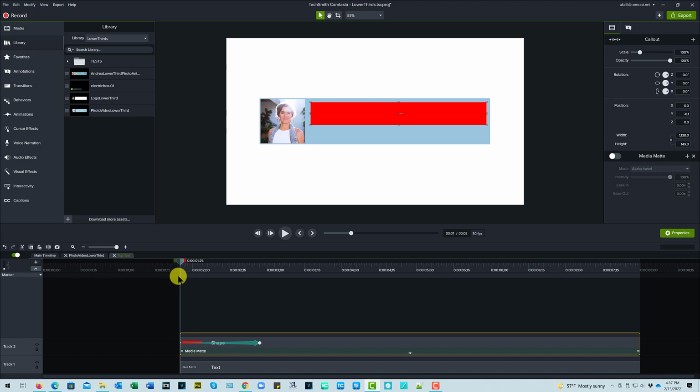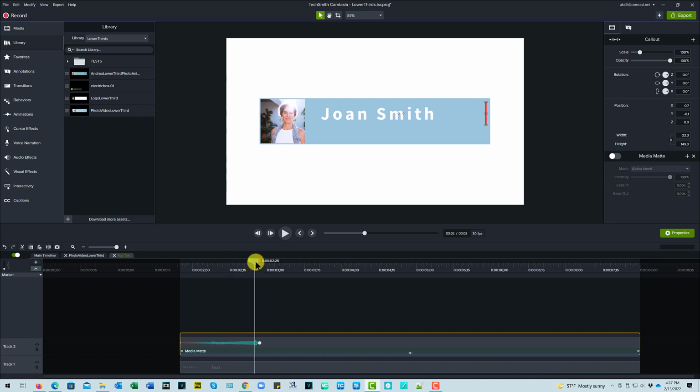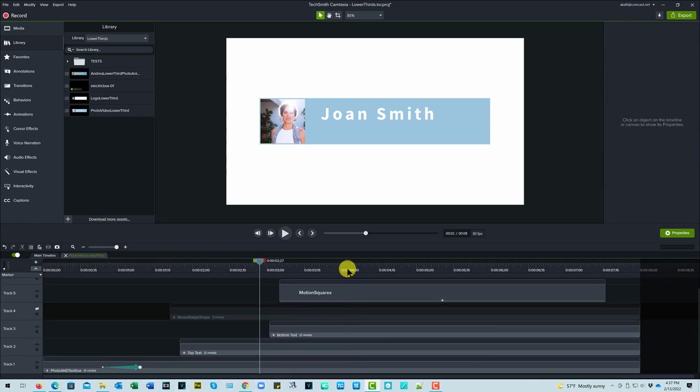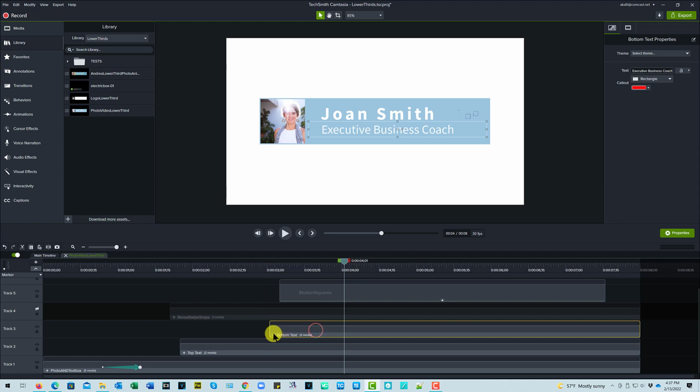It's the original color of the shape. And you can watch this width field. So that's how you basically reveal text, by easily using a shape with a media matte effect on it. And the bottom text is exactly the same. It's just that